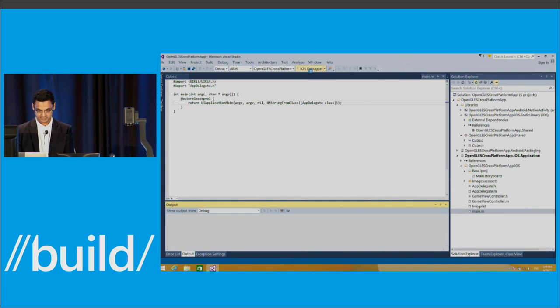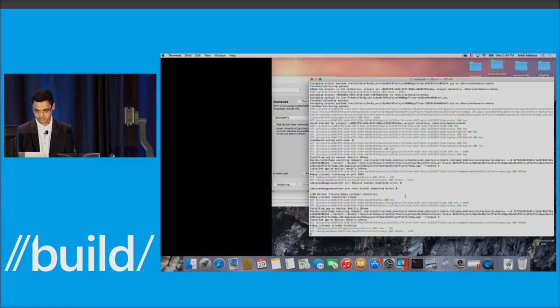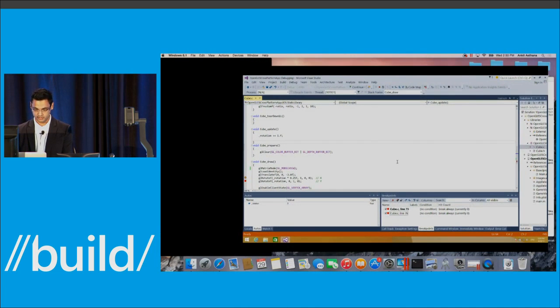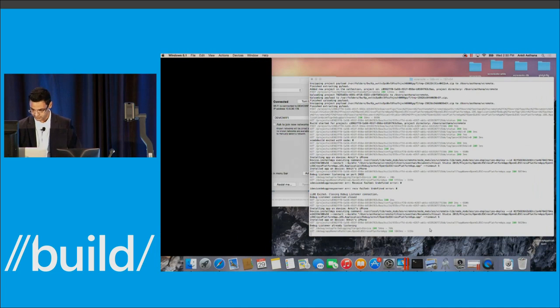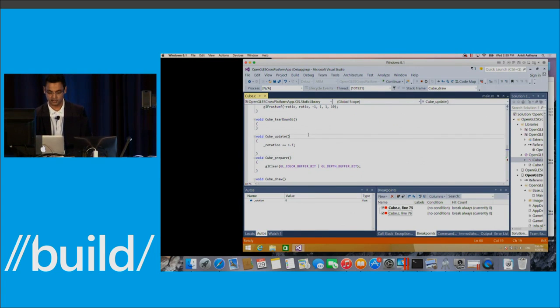Go back to my screen. And let's go back to VS now again. Sorry. Yeah, you'll notice that the breakpoint that I set was actually hit. So as you guys can see, not only can we build our iOS applications, we can actually also debug them using Visual Studio. This is actually the first occurrence of the breakpoint getting hit